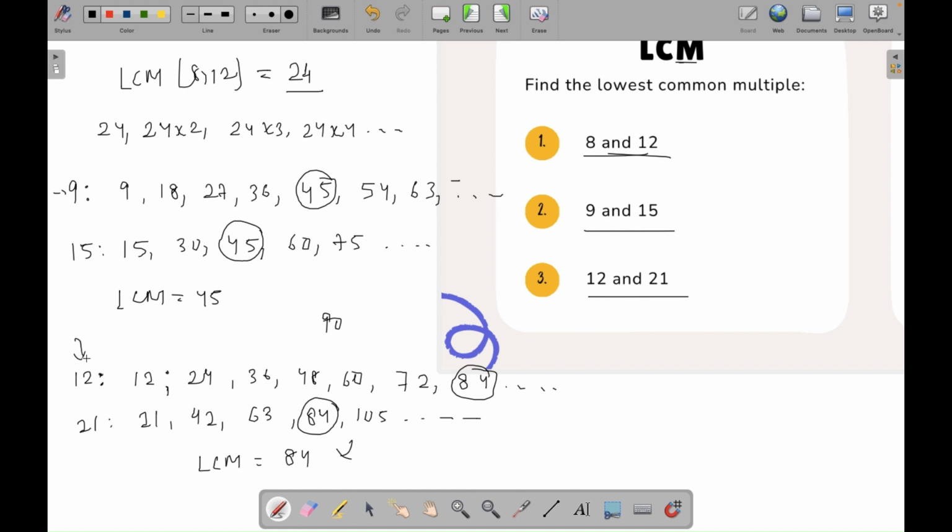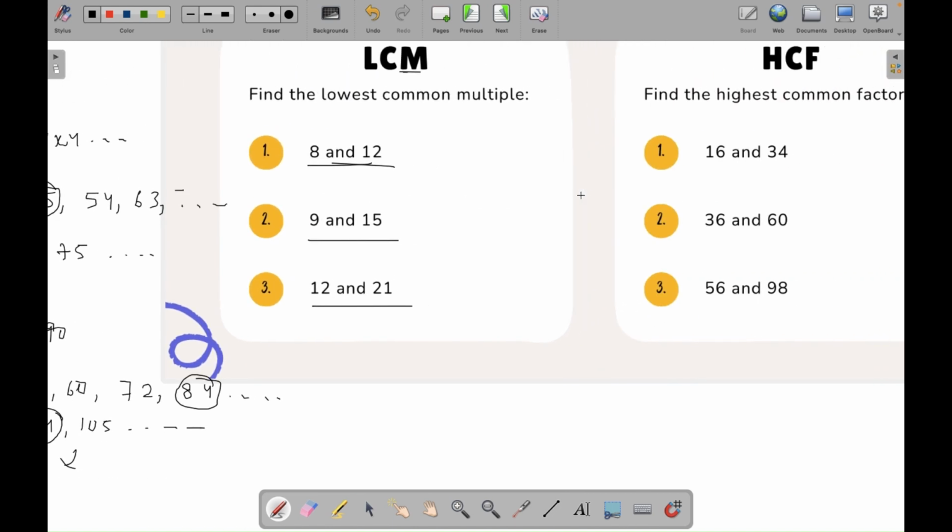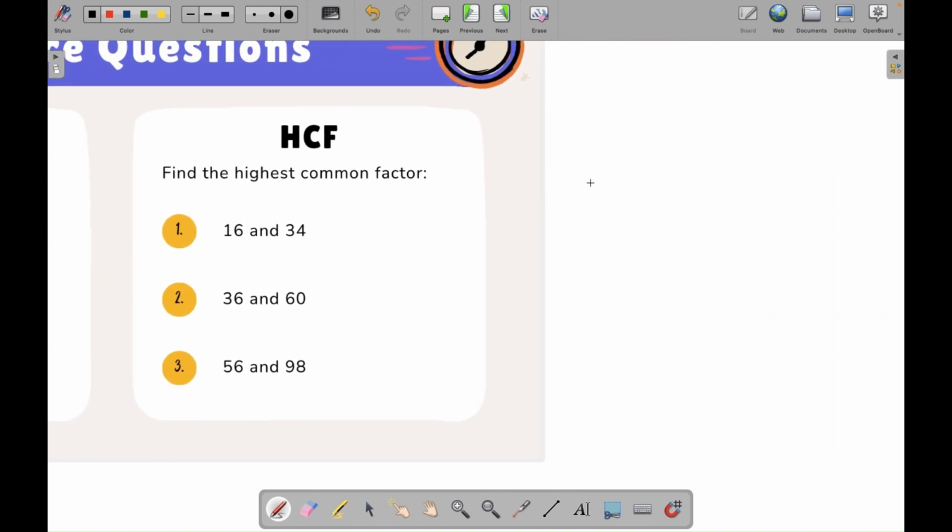Now see, in the subsequent session, we'll see this particular example. All the previous examples we are able to find quickly, but for examples like this and larger numbers, it would be slightly difficult to find the LCM using the listing method, or it will be very tedious. So we'll see another method that we can use to find the LCM. That is known as the prime factorization. That is why we studied the factor tree. Okay, before that, we'll see this example